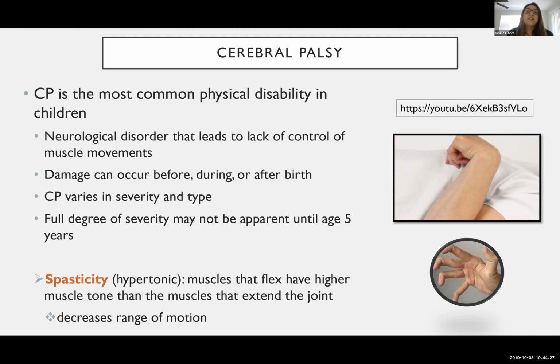We often will see signs of cerebral palsy, but we might not see how severe it's going to be until age 5 years old. So I'll give you an example. I worked with a little boy. He was only referred for speech delay. And so I worked with him. It was a Spanish-speaking family. I worked with him from the time he was 1.5 years to 3 years old, and he did great. His speech caught up to age level. He had some little delays with his fine motor, but nothing significant or to warrant a red flag for any further therapy.